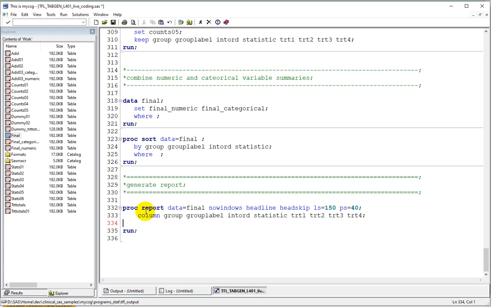So let us write the define statements for these individual columns. So define group. We only want to use it for ordering but not printing, so we'll use the noprint option. Same is the case for int ord, so order noprint. And then let's define the